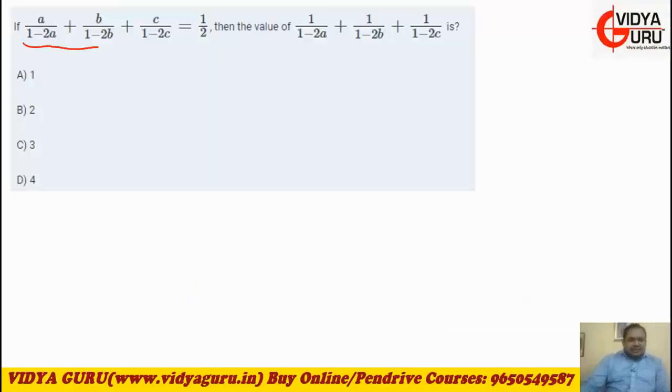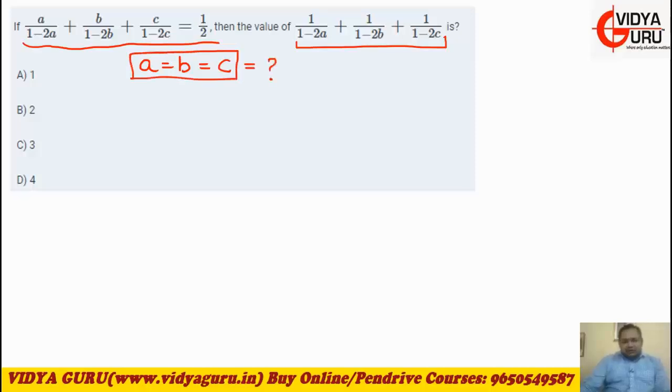So you see this expression is symmetrical. What you are asked to find is also symmetrical. So you can easily assume, without any fear of being wrong, that a is equal to b is equal to c. So the given information changes to 3 times, because this term is equal to this term is equal to this term. So I can easily write 3 multiplied by